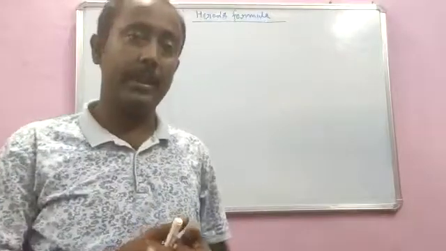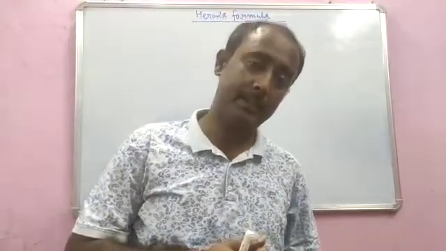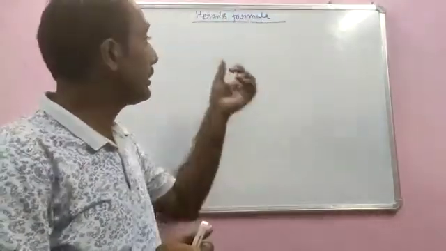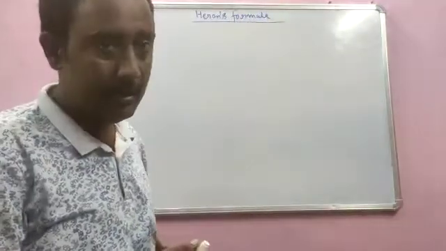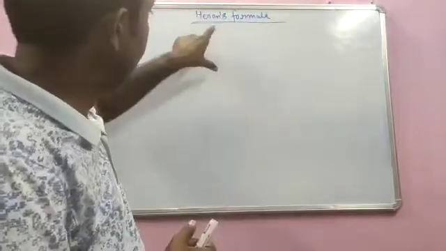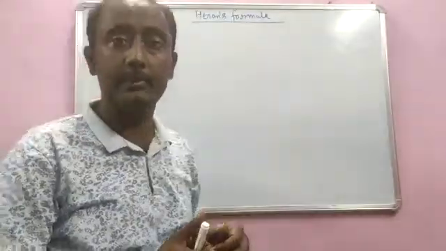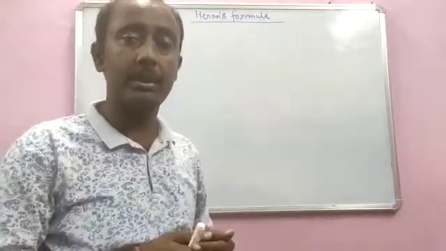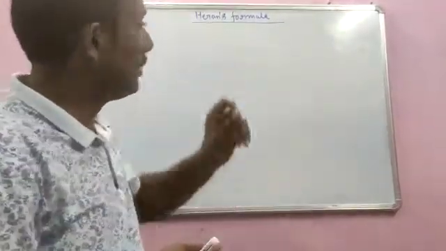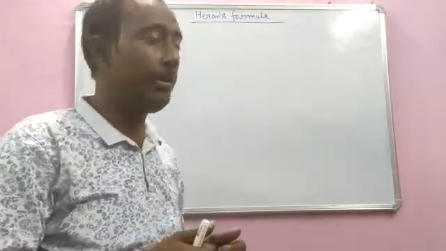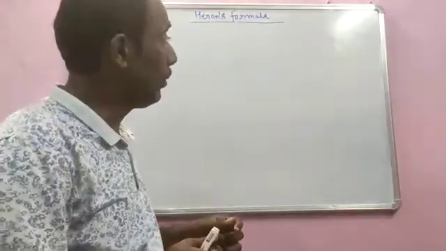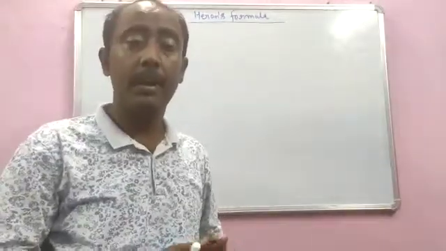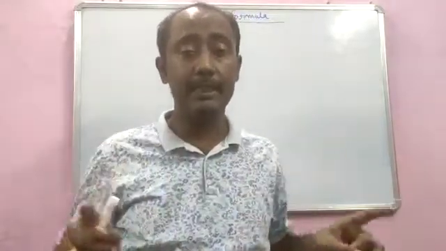Heron's formula, a chapter from class 9th mathematics. Today we are going to understand what Heron's formula is all about, and before we start, why this name, that is why we call this formula which we are going to learn as Heron's formula. It is simply because it is in the honor of the name of the great mathematician Heron. He was an Egyptian mathematician who has given this concept of how to find area of a triangle when the length of all its three sides are given.